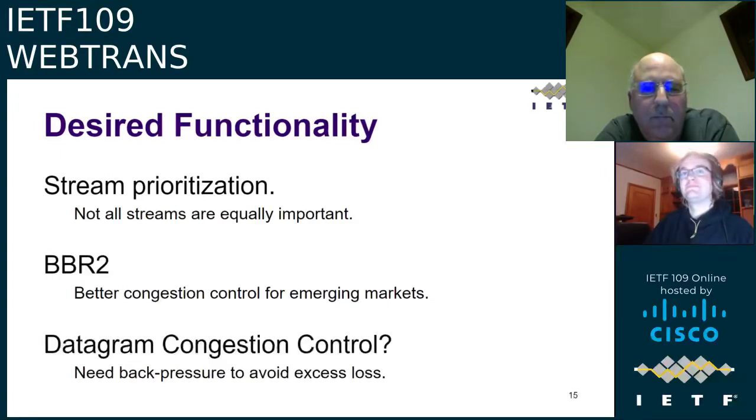Really nice to have some more concrete uses of, here's what I'm actually doing and how I need to send it and what that means. A couple of questions I had. I think datagrams do have congestion control, and you spoke to that in contrast to the slides. It seemed as though not having control over that, I don't want to say that's a feature and not a bug, but I thought one of the benefits that people had been talking about previously, and it'd be really interesting to see if this holds up in practice or if it actually turns out that it's more annoying than it is helpful,